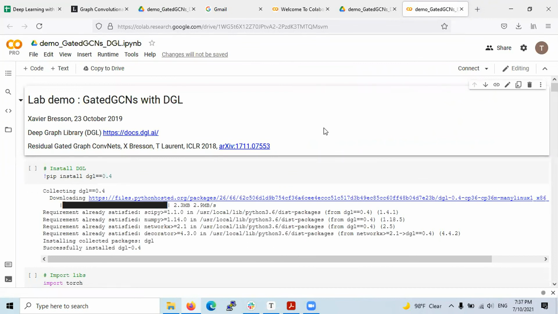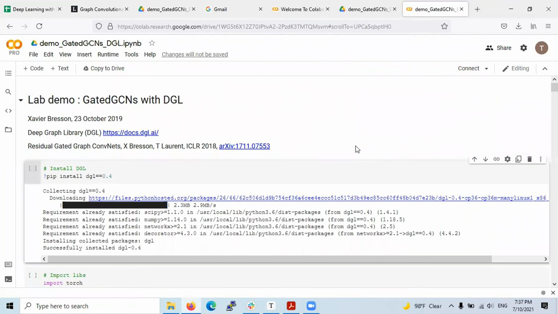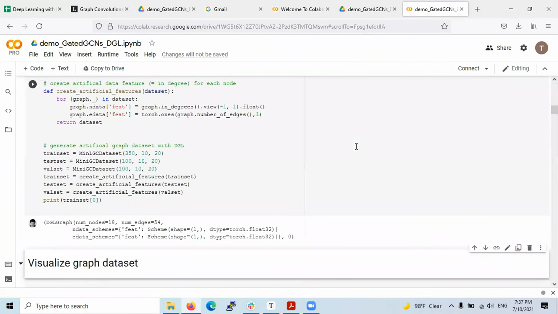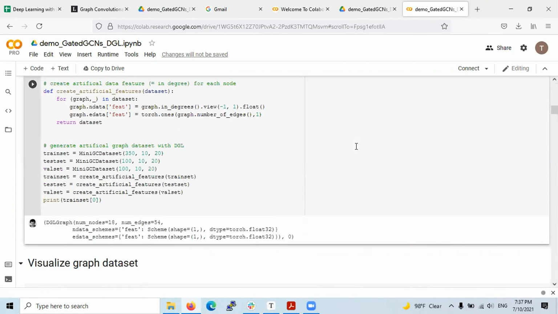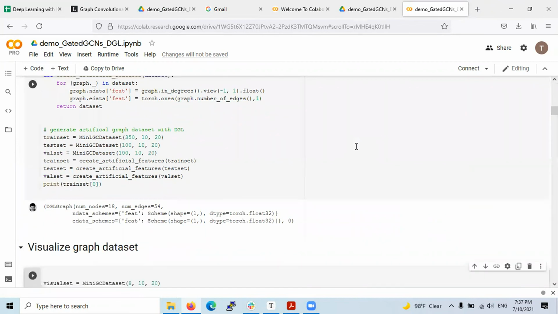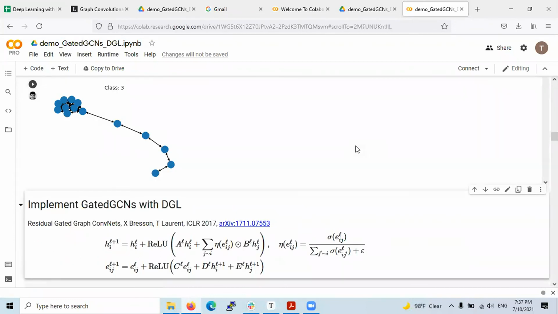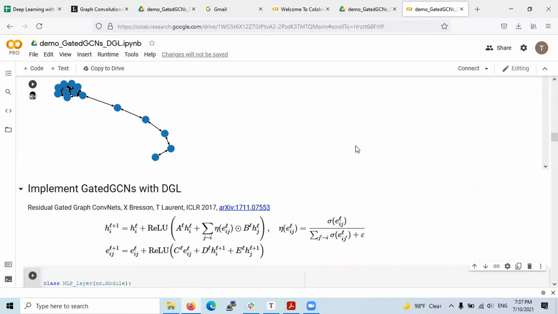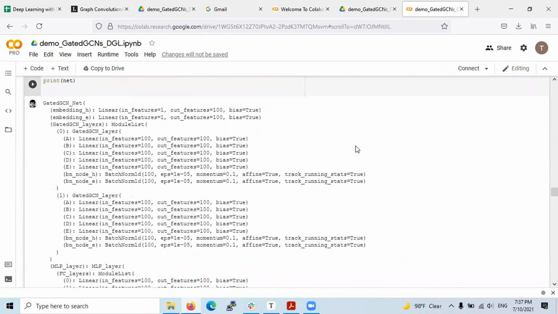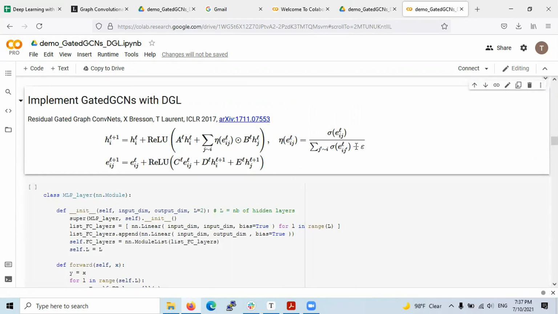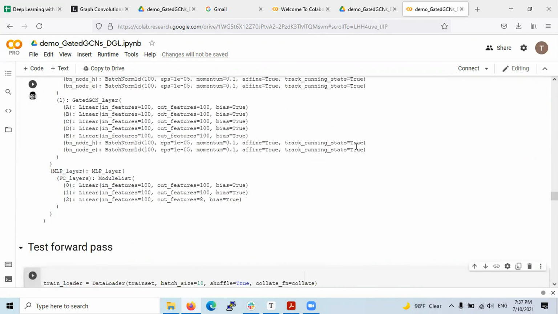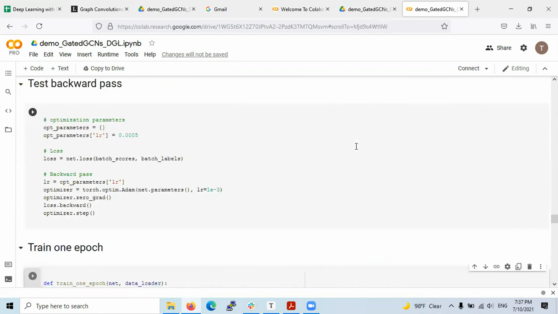Yeah, so this is a lab demo which the professor says will be part of the discussion with the practicum class itself. So he goes into this, which we will probably discuss next week, coming week. Here he goes through the details and each step by step understanding of it, building a graph neural network from scratch, and he implements a gated CNN, and they go through all of the details. I mean, this looks interesting.